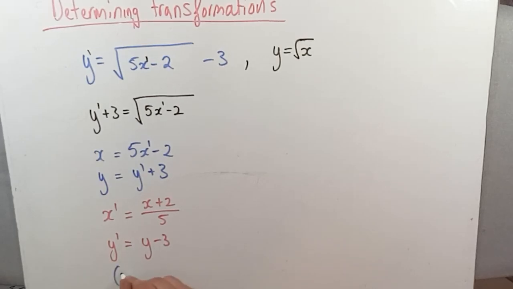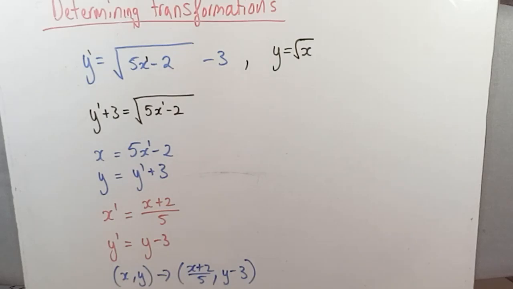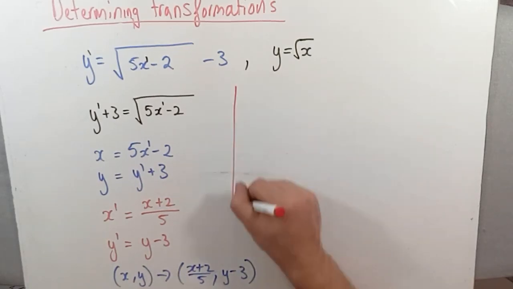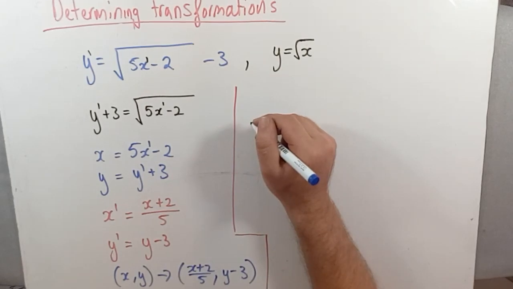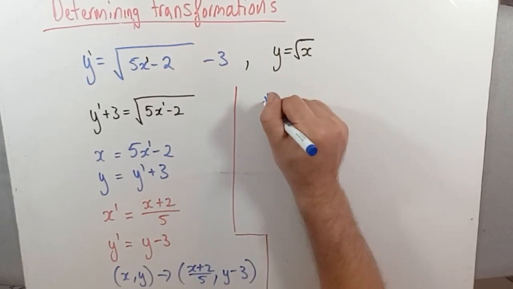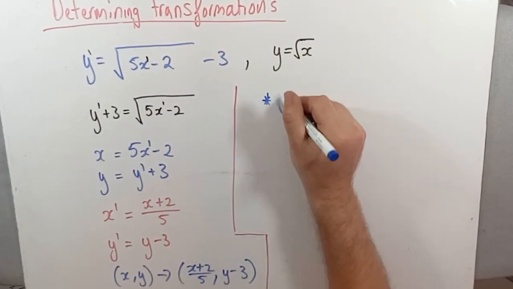Okay, so our x, y map to our x image and our y image, which was x plus 2 over 5 and y minus 3. Okay, so then we can read off our transformations here. So what transformations have happened? Okay, so the first thing we did was we moved it right 2. So we translated right 2,